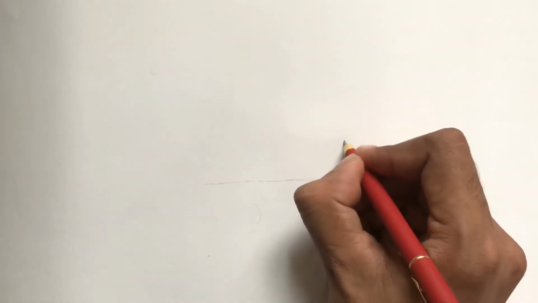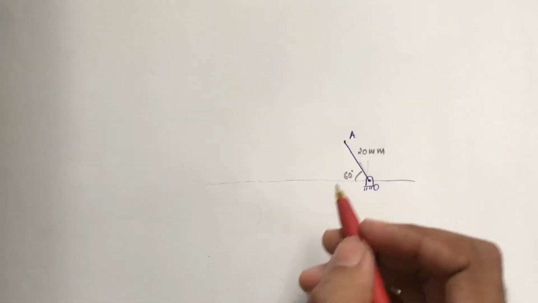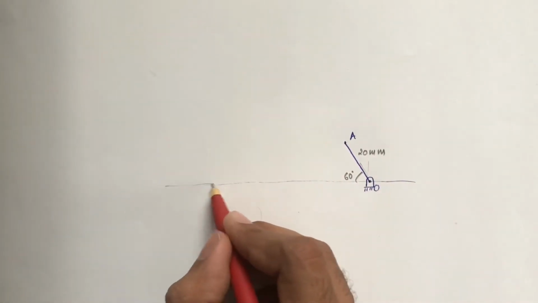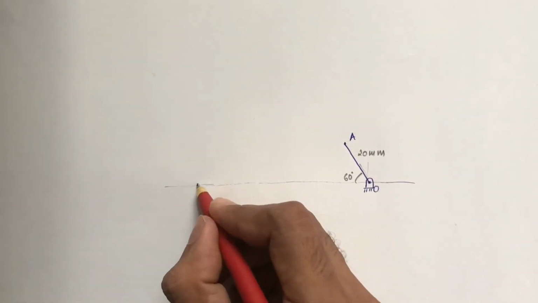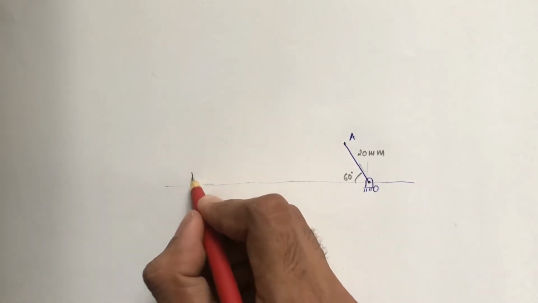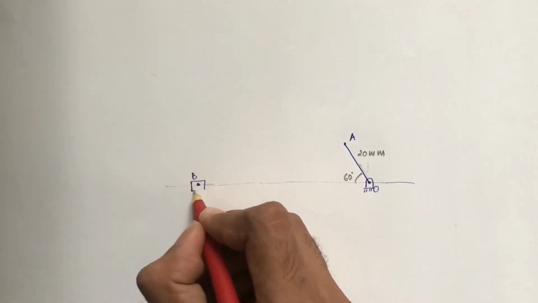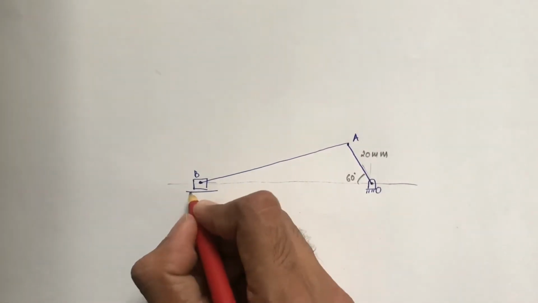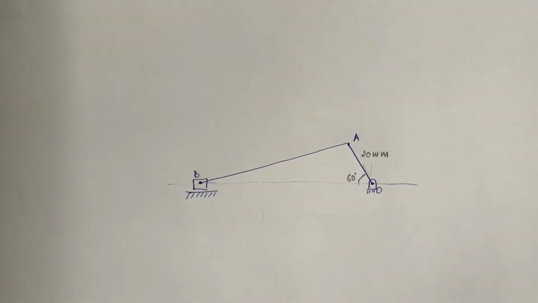Finally, the end of the connecting rod is point A. Ultimately, the connecting rod is given as 80 mm long. So from A, with this horizontal line, draw an arc of 80 mm. So here will be the B point, that is the slider, and the 80 mm long connecting rod. This one is the path of the slider.